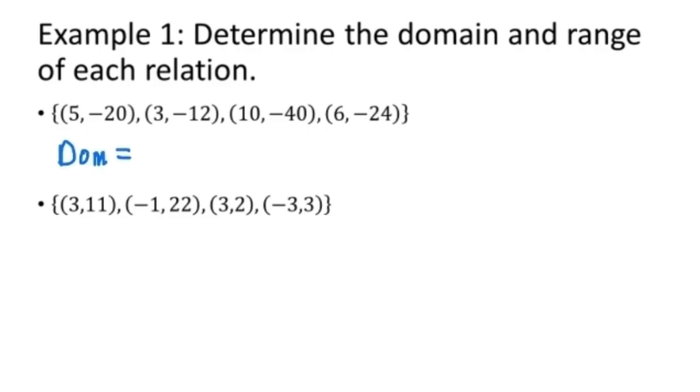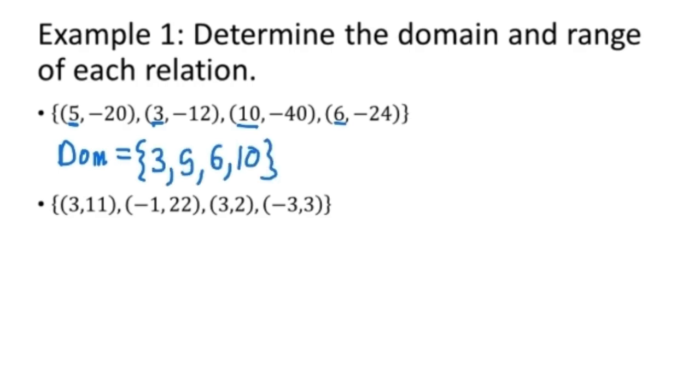First, we're going to find the domain. Now, the domain is the set of all the values we can input into our relation. Here, our first components, what we're plugging into our relation, are 5, 3, 10, and 6. So we're going to put those numbers in our domain. Now, in the set, the order doesn't actually matter, but just for aesthetics, it does help to put the numbers